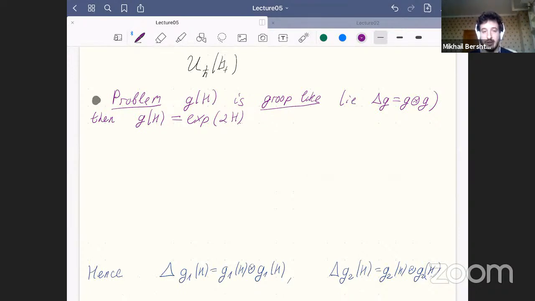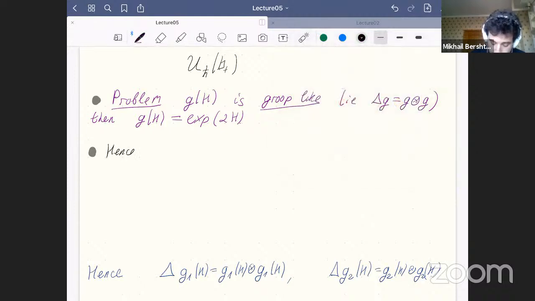Which is natural: if you want an element on which the coproduct acts to be a group element, then this should be a group element, and the map from Lie algebra to group is an exponent. I don't have time. Okay, this is a problem, and applying this, we get that